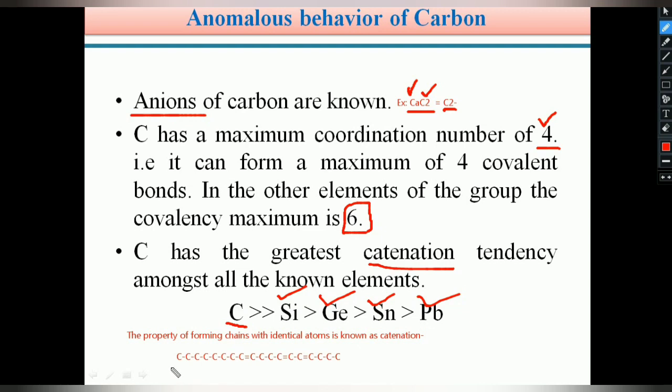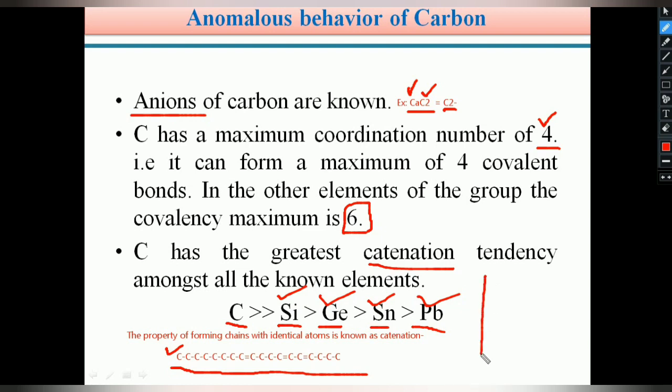See, students, carbon can form long chains in this manner. A long chain is possible with carbon atoms. Carbon can bond to other carbon atoms in a long chain manner. But the other elements in the fourth A group, like silicon, germanium, tin and lead, do not form this type of long chain structure. Only carbon has this ability. Therefore, carbon has a high catenation capacity, and this catenation capacity decreases down the group.